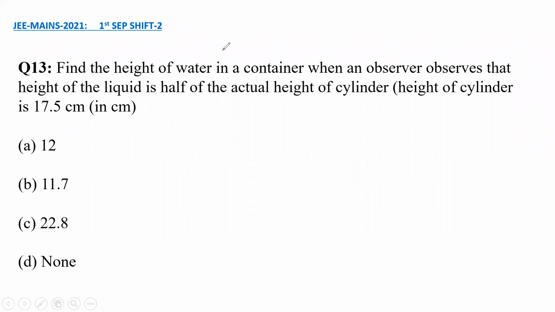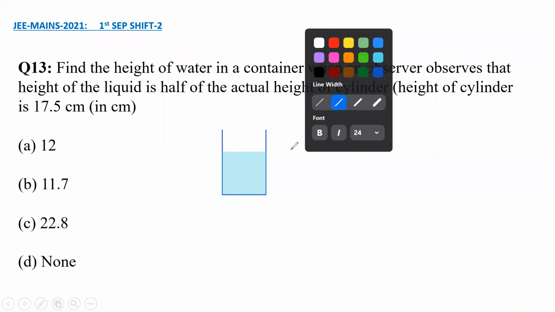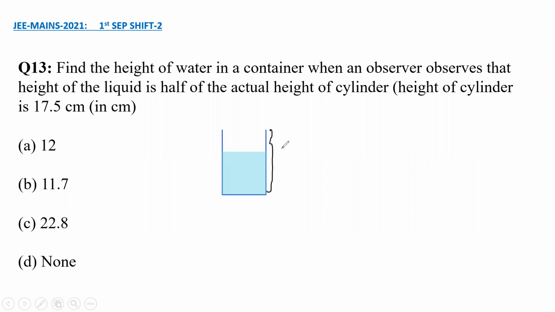So here we are given a cylindrical container, and there is water in it. So let's place some water, and the height of the container is given to be 17.5. An observer here observes the depth to be 17.5 by 2. So apparent depth is